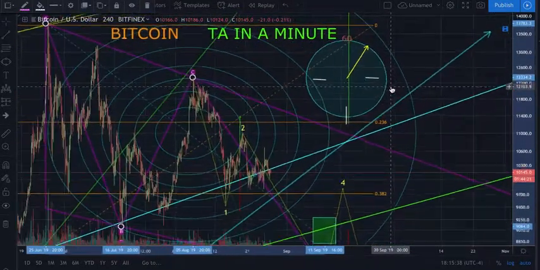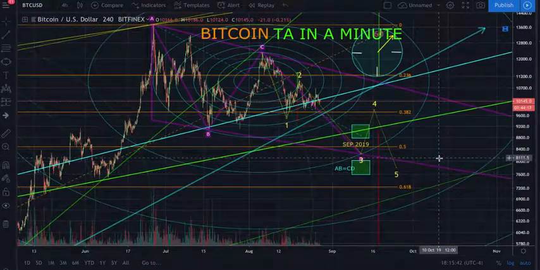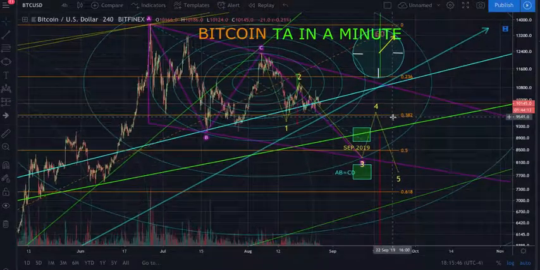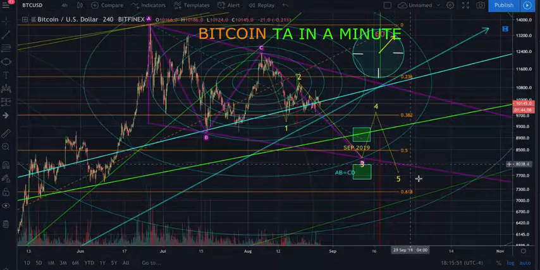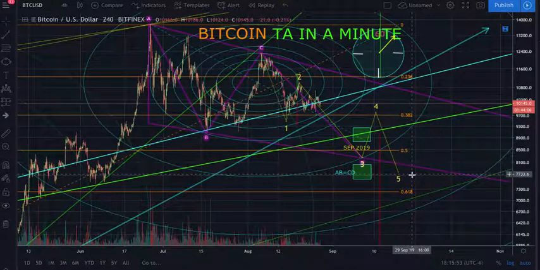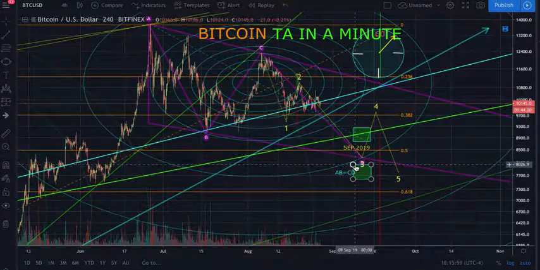People don't buy things at 1.25 times their price or 2 times their price. No, people want to buy things at 75% of their value. They want to get a good deal. And that's what this is. In order to get a good deal, you need this to be a downsloping consolidation, essentially, with lower highs and lower lows. And that, my friends, is what I think we're doing right now.